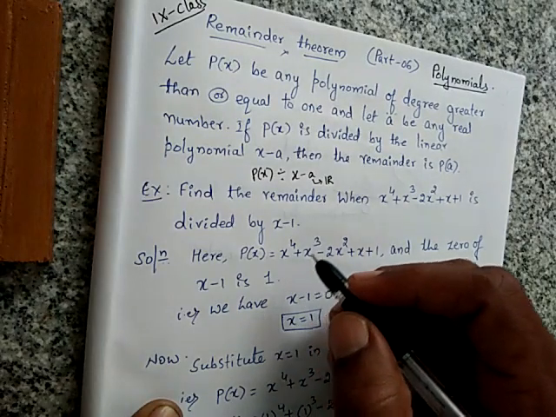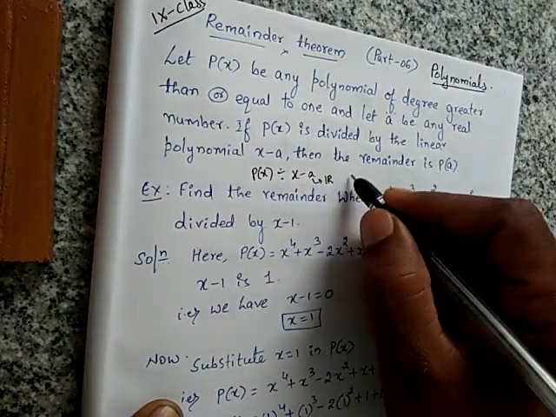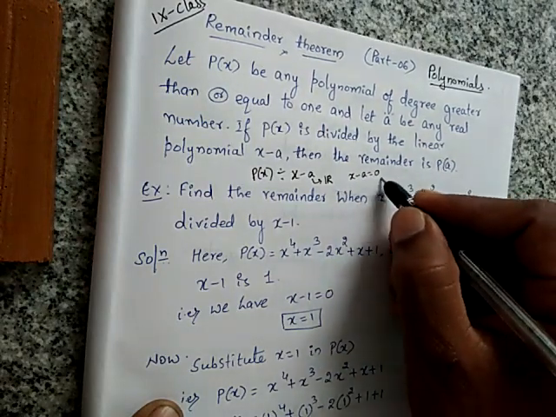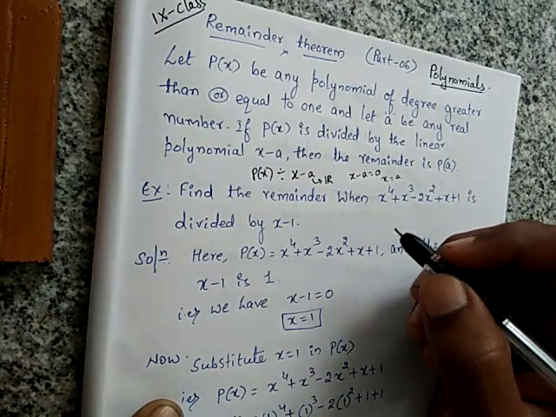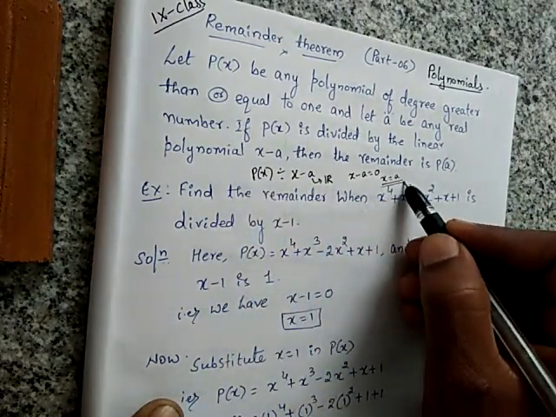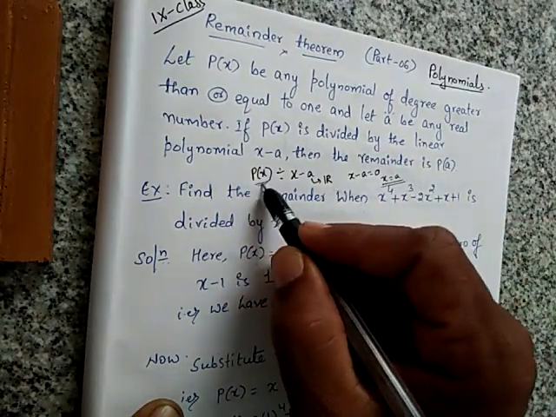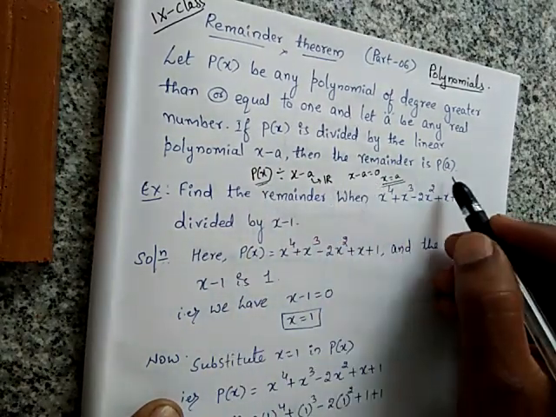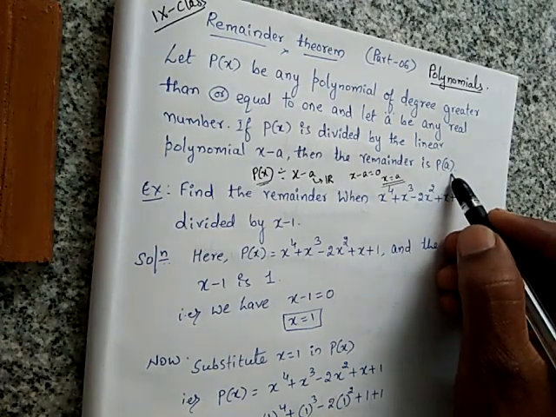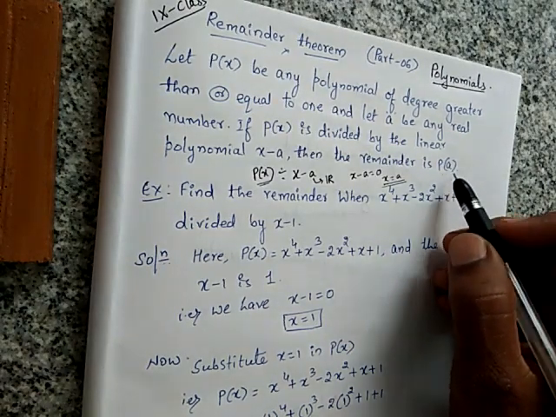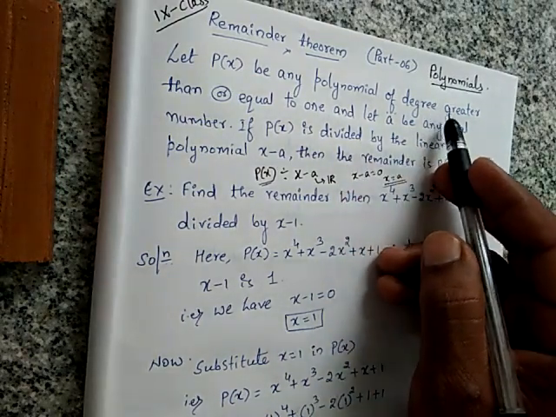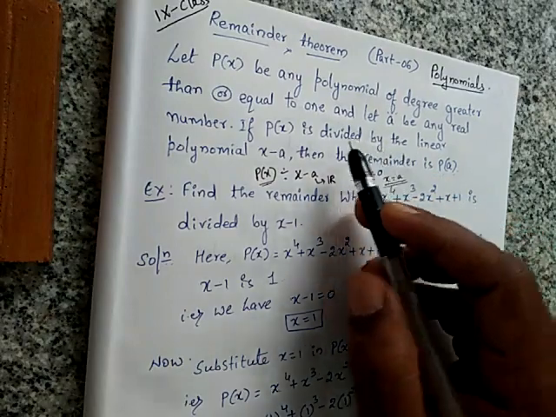So the linear polynomial x minus a should be equated to 0. So that is nothing but x is equal to a. Suppose if you substitute x is equal to a in polynomial p of x, you will get the remainder p of a. Okay, so one example we will see so that you will get the idea. So here always the given polynomial, which is having the degree greater than or equal to 1, is divided by